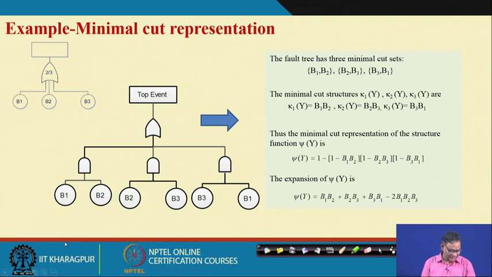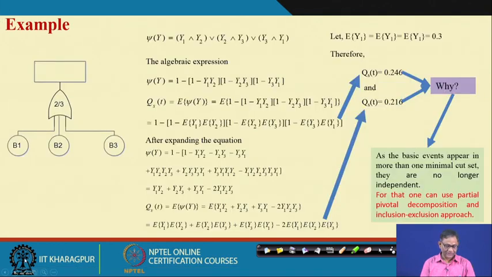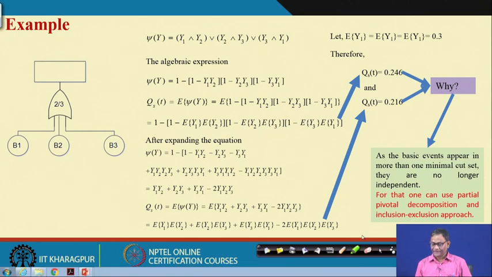So, now let us see the second one. Here we are using Y1, Y2, Y3 or YB1, YB2, YB3. If you use YB1, YB2, this will again become clumsy. That is why we straight away use Y1, Y2, Y3. And this particular example I showed you in the last class also, where I showed that the QST is changing. Basically, if you use the expected value earlier, the QST value is different from when you go for the lowest level decomposition, and that is because of the dependent product terms.